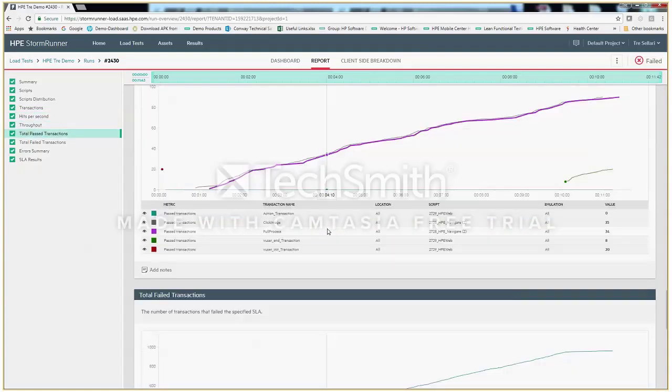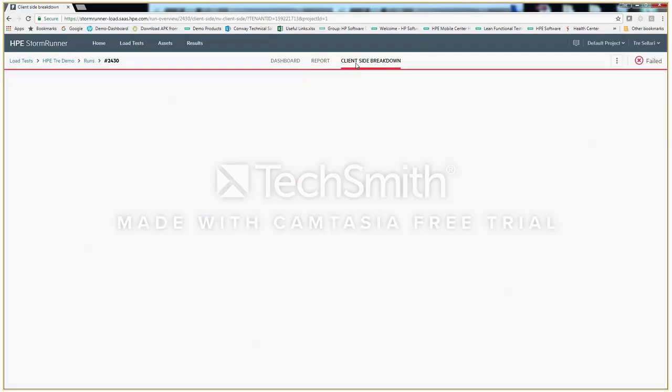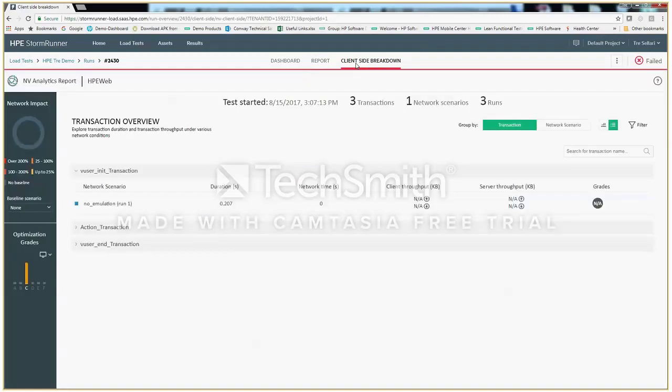If we created any additional graphs or did any merging or did any benchmark graphing, we would have those in here as well. And then finally, we can get into our client-side breakdown. This is the piece of the network analytics report I talked about earlier. So this is where I'm actually analyzing the network traffic, and you can see that this one had a grade of C. So if I actually click on the C, it takes me to the particular information here,